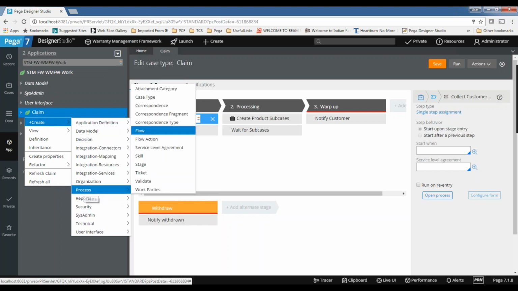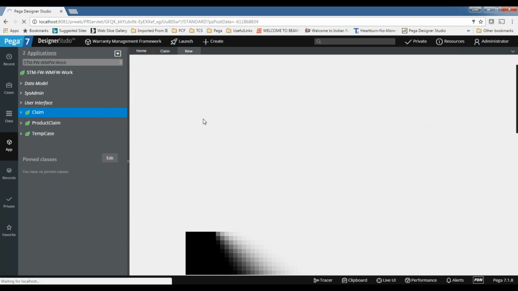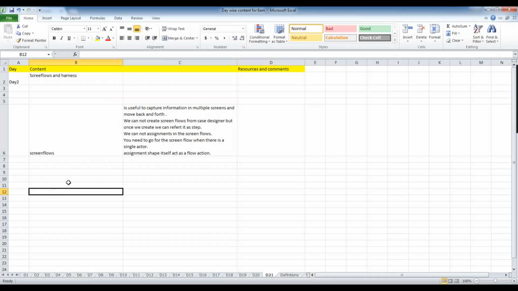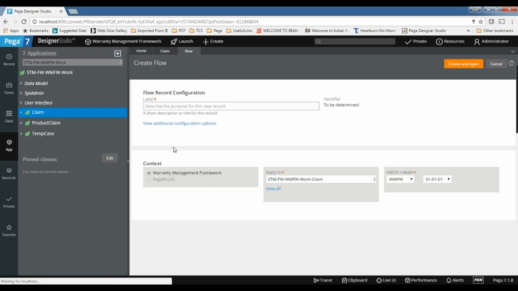Process flow. I'm just saying capture information.